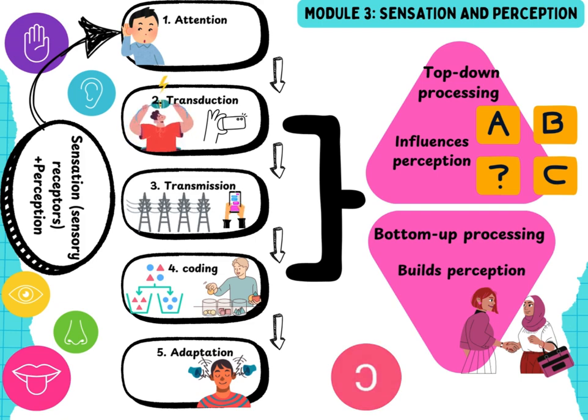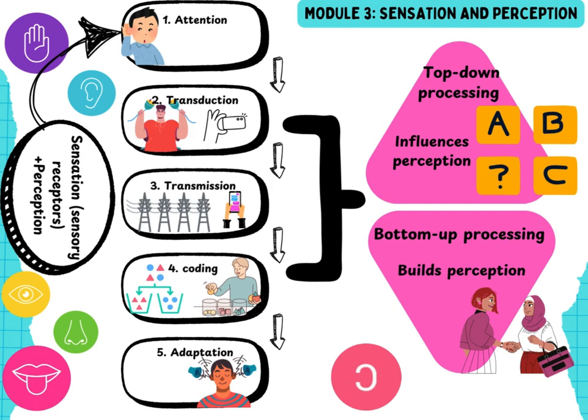Today, we're diving into sensation and perception, two processes involved in the way we experience and interact with the world. Firstly, sensation. This is the collection of raw sensory data through sensory receptors, which are nerve cells associated with our five senses. Receiving and processing sensory information is a complex biological process, but we can boil it down to 5